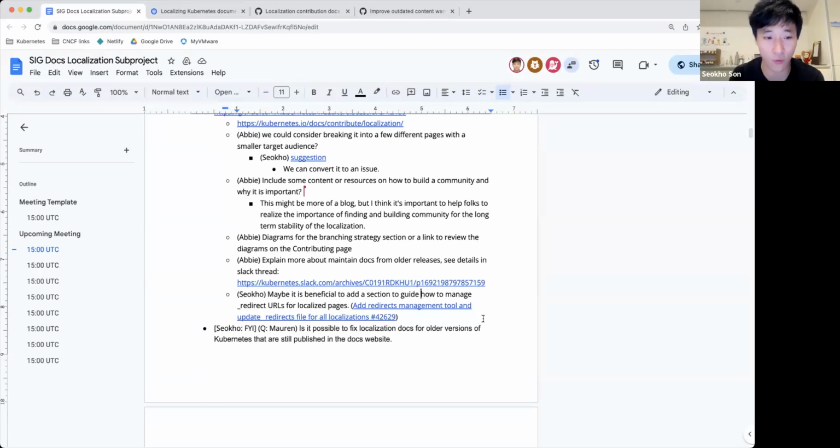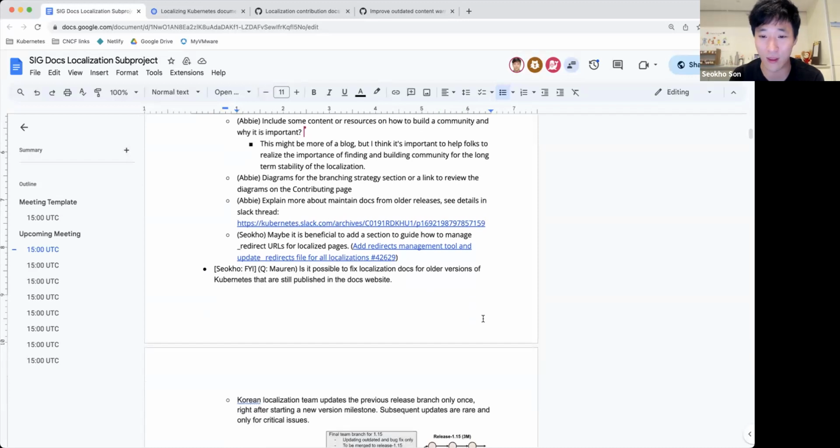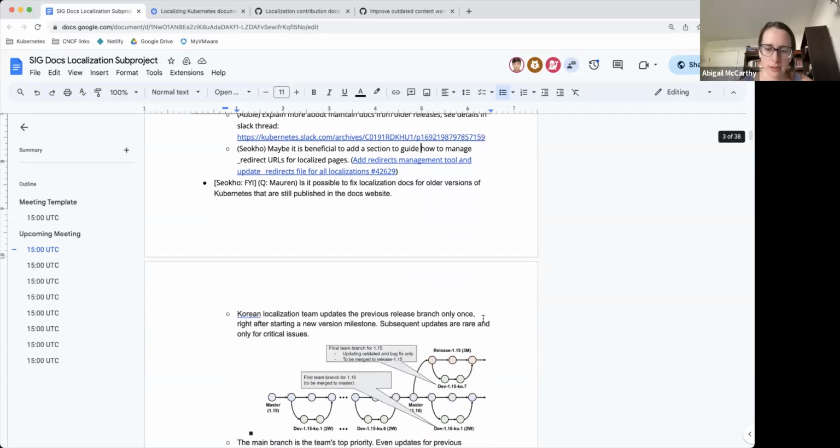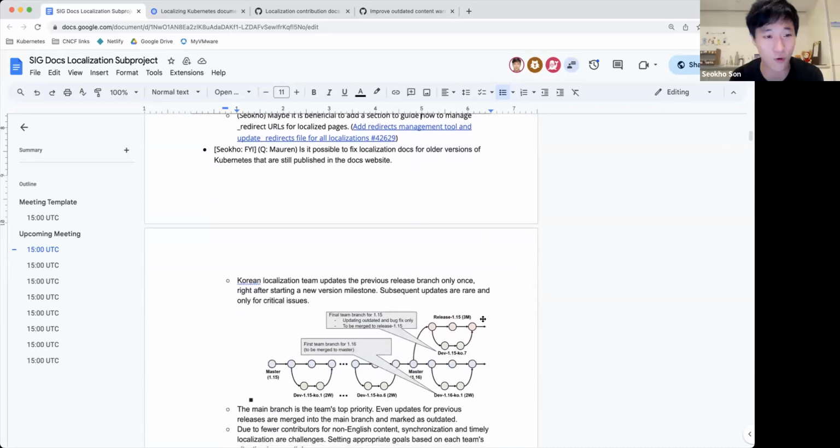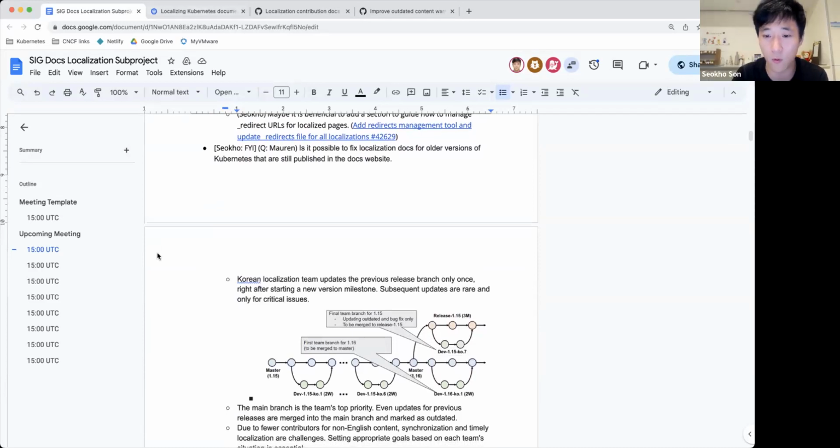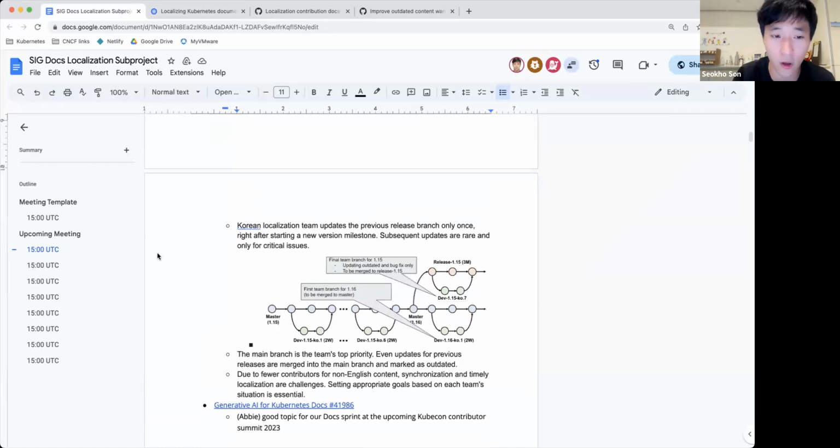Yeah, actually, I put an issue in the next item regarding maintaining older releases. Oh, so right, actually the question is from Lauren. She asked, is it possible to fix localization docs for older versions of Kubernetes? Older versions means,